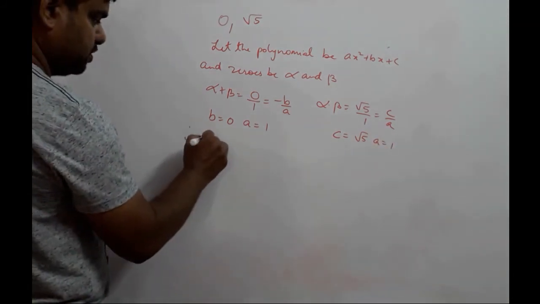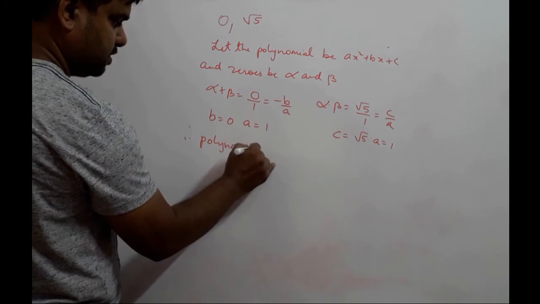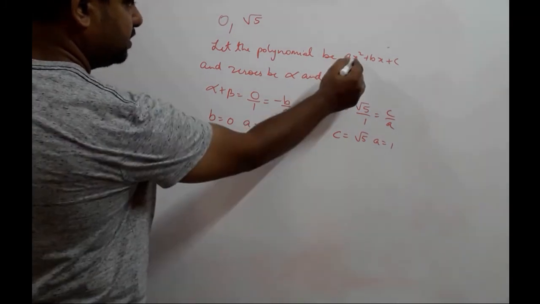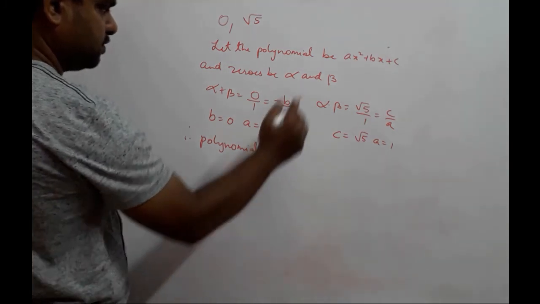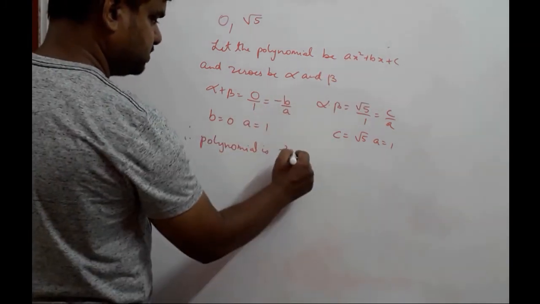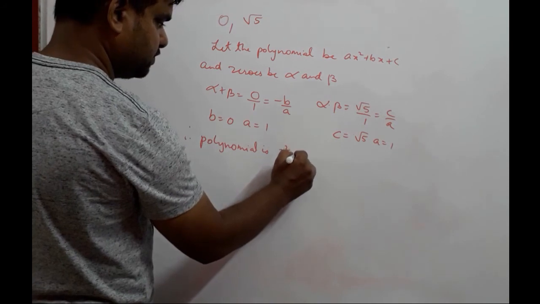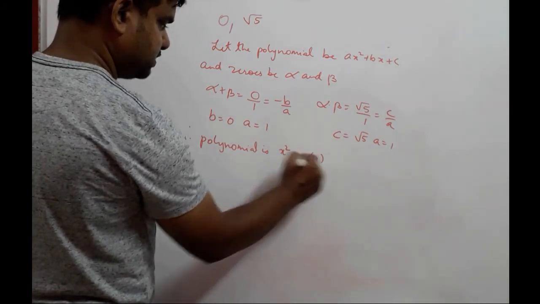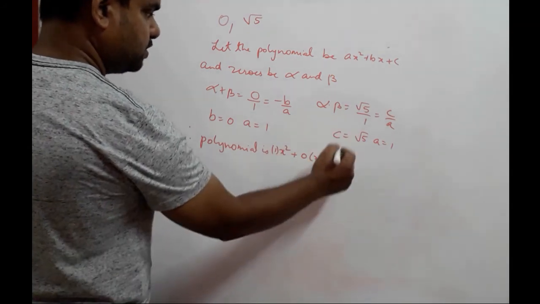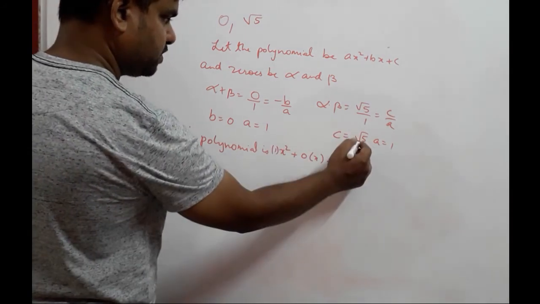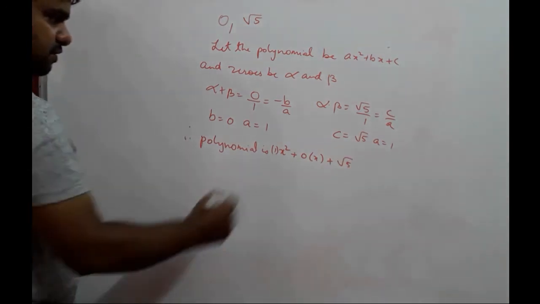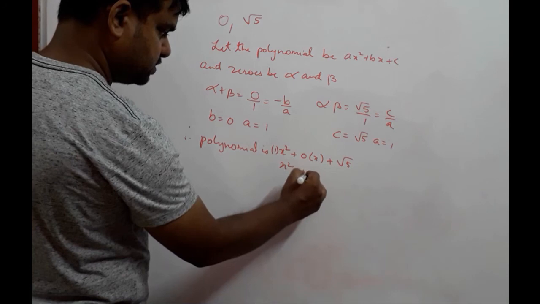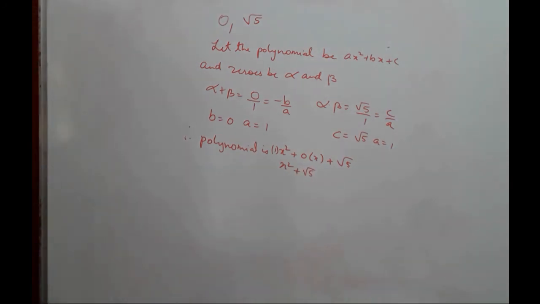So therefore the polynomial is, what is a? Just 1, so it will be x square. What is b? 0. So 0 into x is 0, so nothing over here. I'll just write it down over here for your benefit. 0 into x, put it down as 1 into x square plus c. C is what? Root 5. We put it down as x square plus root 5. So x square plus root 5 is our polynomial. Moving on to the last question of this video,